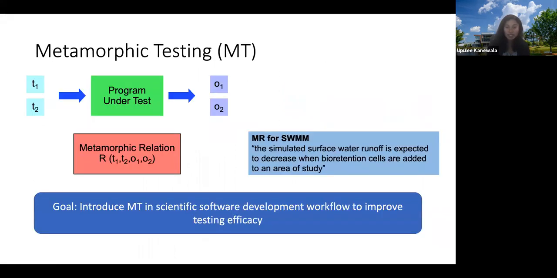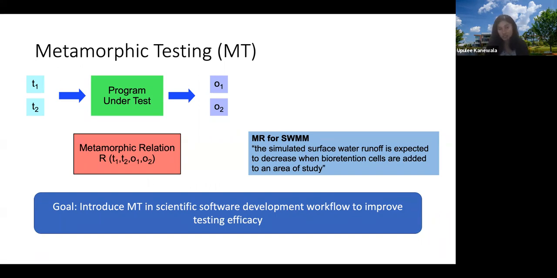But luckily, there's a testing technique called metamorphic testing that can be effectively used to test these types of programs. The idea here is pretty simple. Instead of looking at the correctness of individual test outputs, we look at relationships between multiple test inputs and outputs. And these relationships are called metamorphic relations.